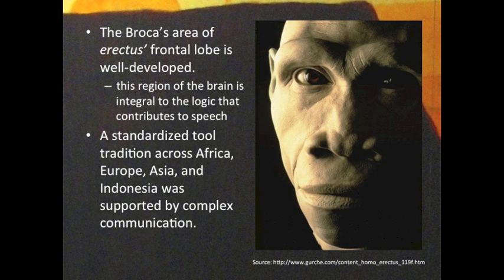So erectus had the capability of abstract thought. Its cerebral cortex tells us that it would have functioned probably in a very asymmetrical way. It had a very enlarged frontal lobe with an enlarged Broca's area, so it had all of the underpinnings for complex language. However, the actual physical or mechanical qualities that would have been required to produce the range of speech sounds that we associate with human language today would have been very limited.